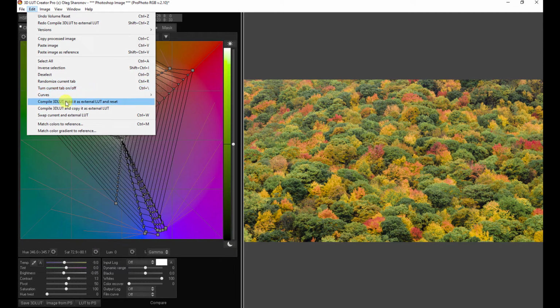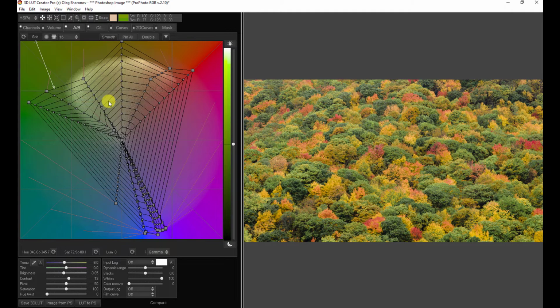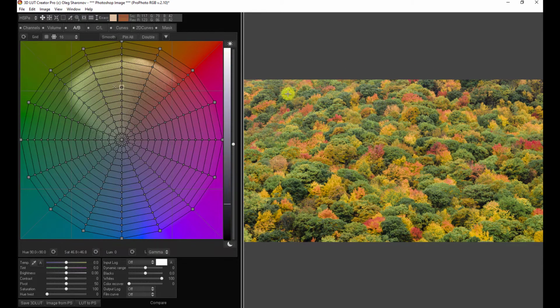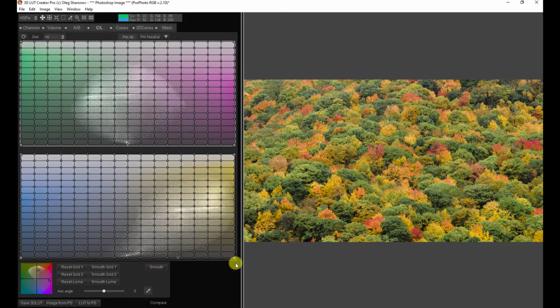Let's take a look. So we're going to come here, Compile 3D LUT, load it as an external LUT, and reset. We'll click on that. And you'll notice that the photo has not changed. All the changes that we made prior to clicking are still intact, but our AB grid is reset, our CL grid is reset. So if we wanted to come here, for example, and work on some of the yellows,